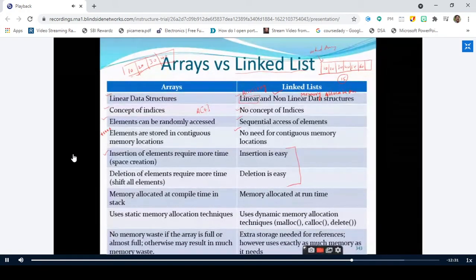If you want it to be ordered, then we should follow the order. Therefore, whenever I want to insert 15, I cannot insert it at the last location because the order should be maintained.